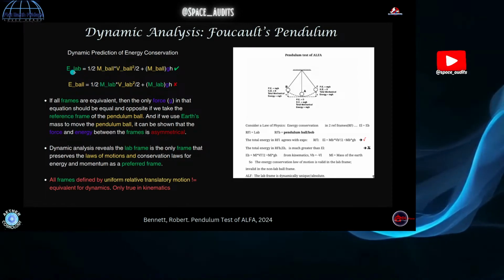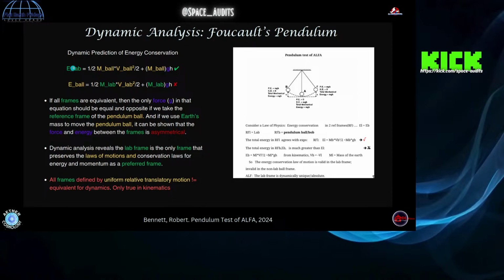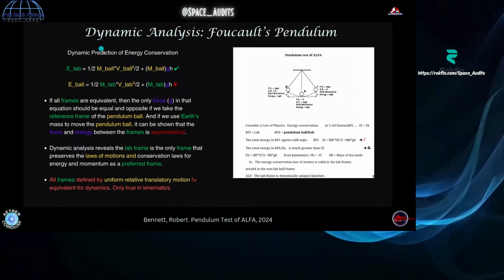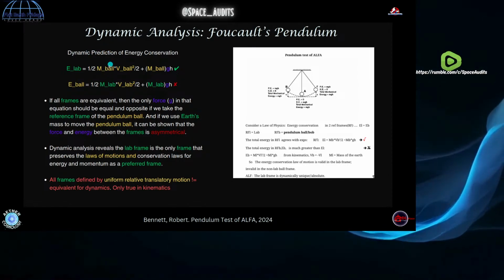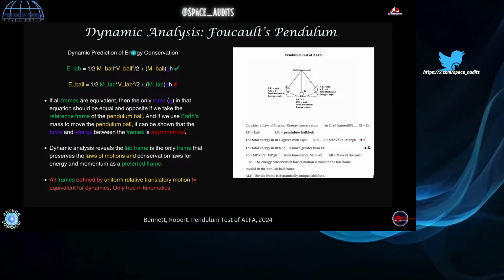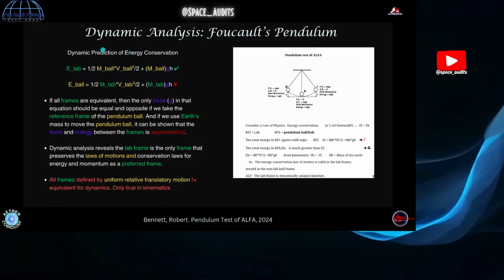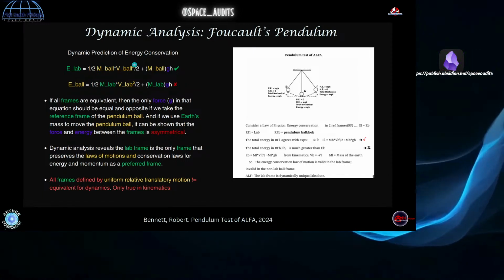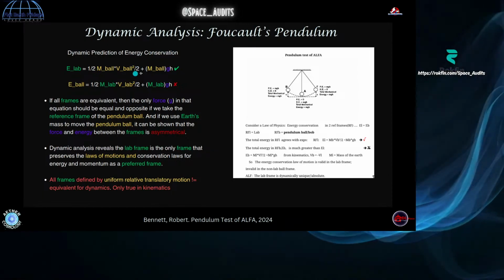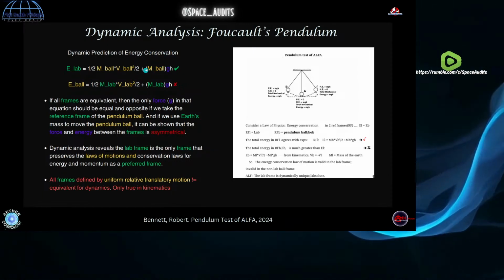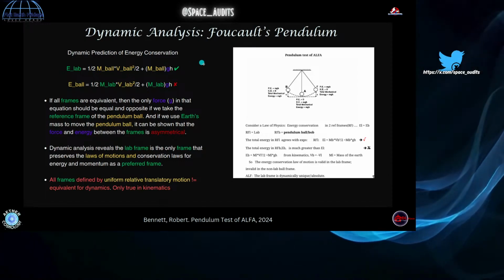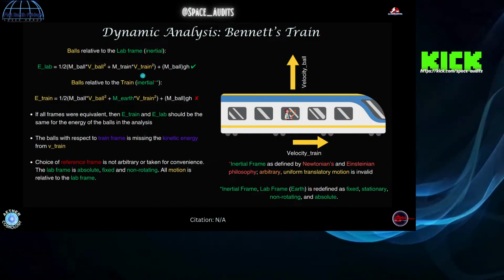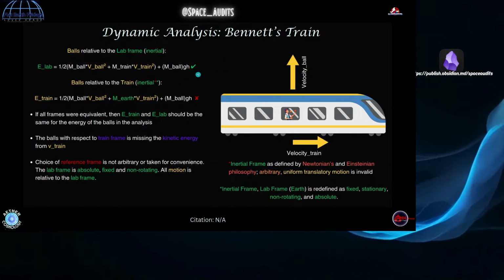So it's the comparison, like when you're looking at it with E lab and E ball. So we're describing the frames here, the energy in the lab, energy in the ball frame, and then 1/2 times the mass times the velocity squared is how much energy and momentum it's going to produce. And so all of that, you can plug in the values or whatever, but the meaningful part is just understanding what they're describing, like what it's going to give, the output, right?